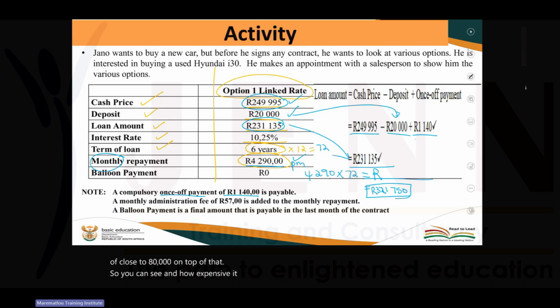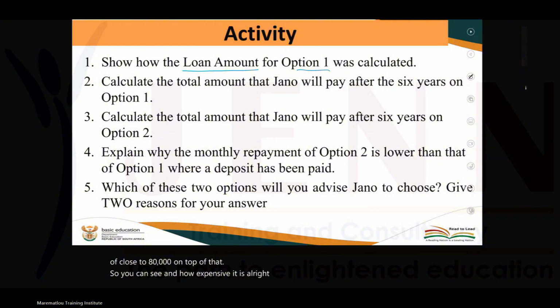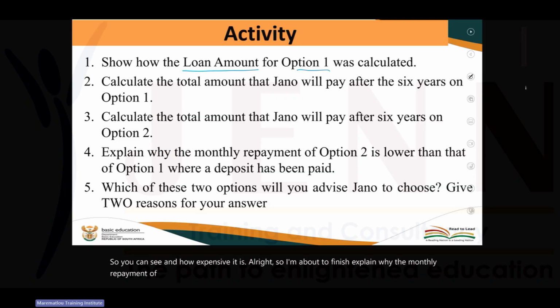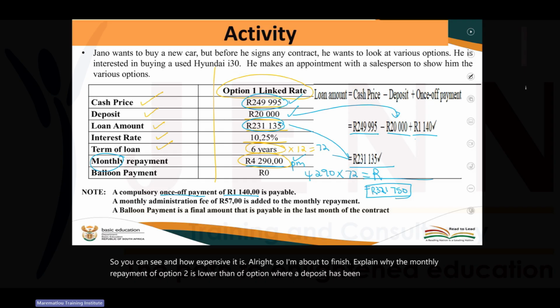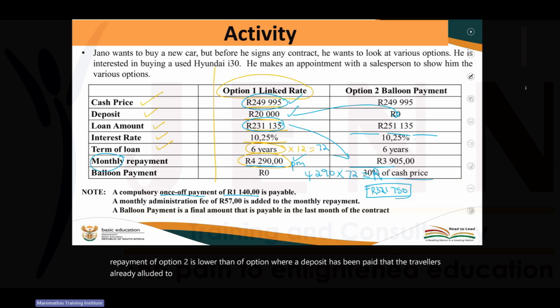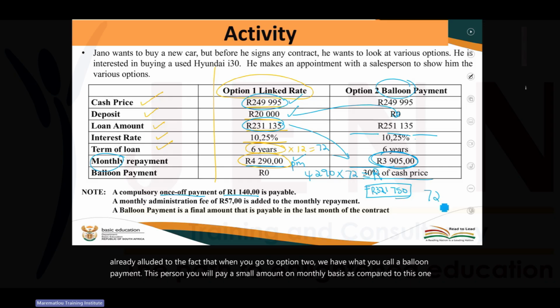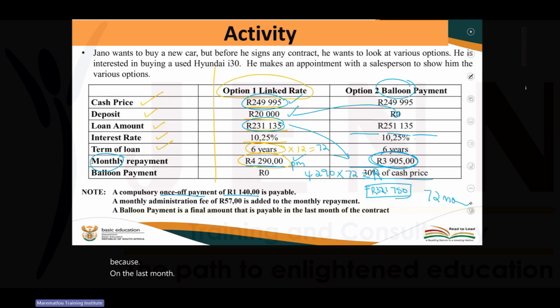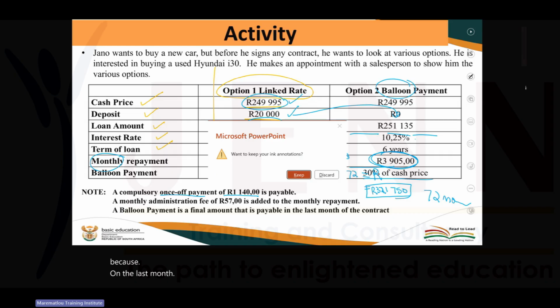All right. So I'm about to finish. Explain why the monthly repayment of option 2 is lower than that of the option where a deposit has been paid. Mr. Chabalala has already alluded to the fact that when you go to option 2, we have what you call a balloon payment. This person pays a small amount on a monthly basis compared to this one, because on the last month of his period of payment, he has to pay